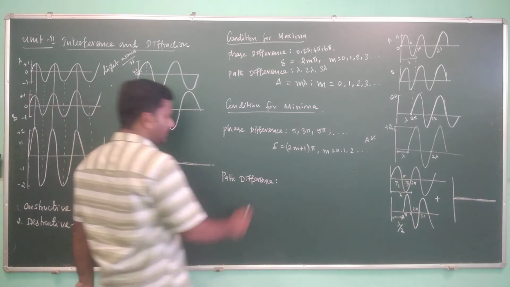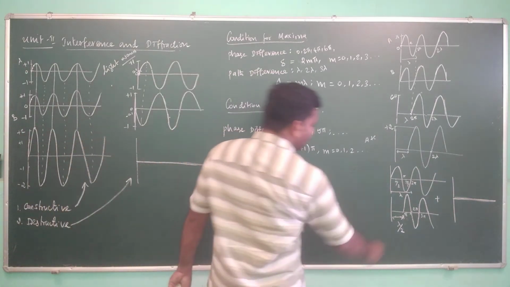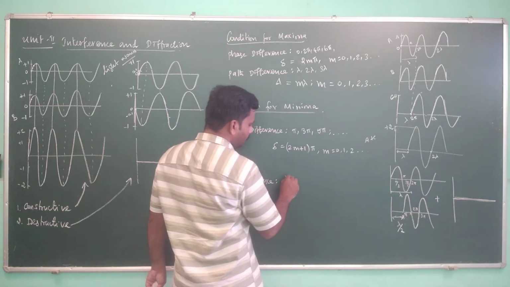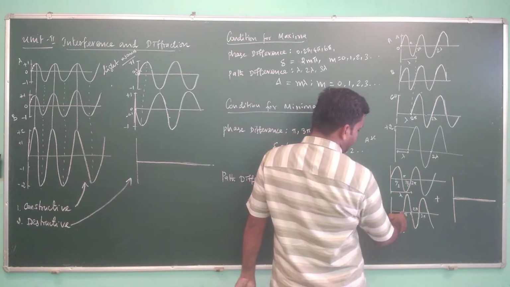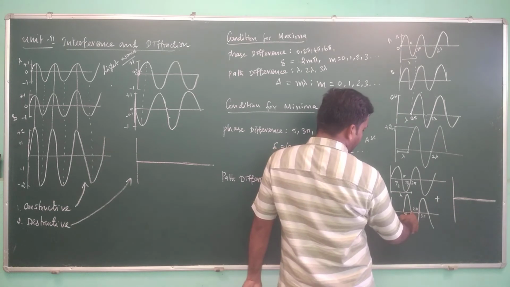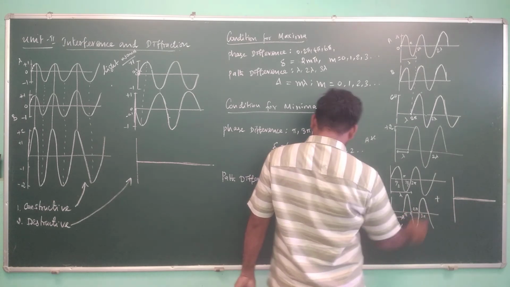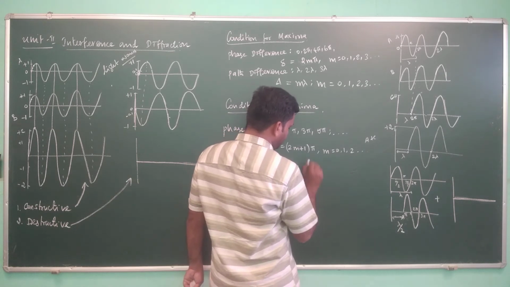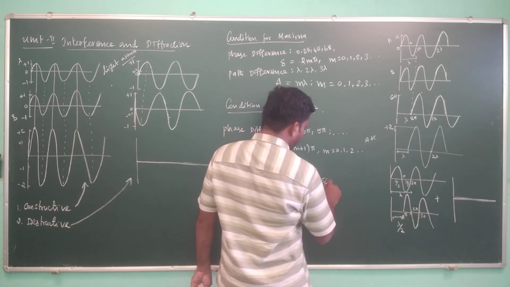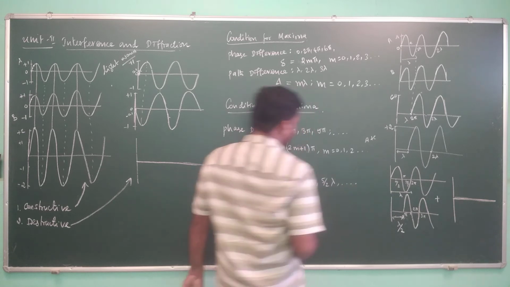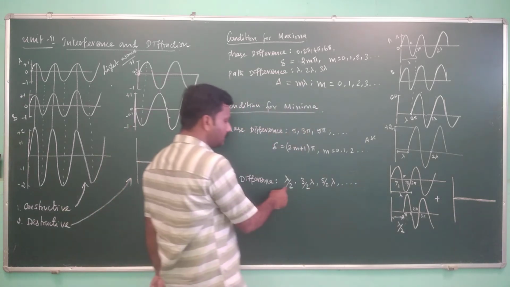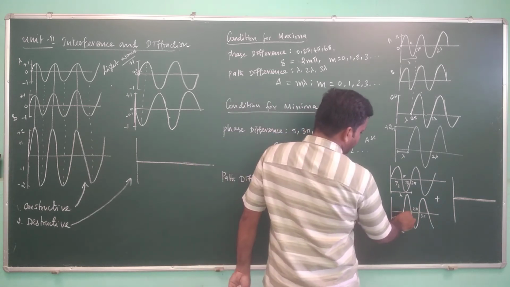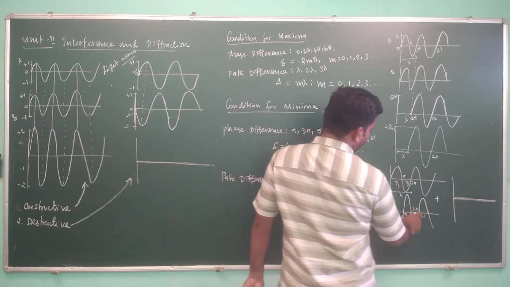What about in terms of path difference? Path difference in terms of lambda by 2, it starts from here, or this is lambda, this is 3 by 2 lambda, 3 by 2 lambda or 5 by 2 lambda. If this is the case, would you be able to understand how this happens? Lambda by 2, 3 by 2 lambda. See, this is lambda by 2. Next thing, if the wave starts from this point, from which point?